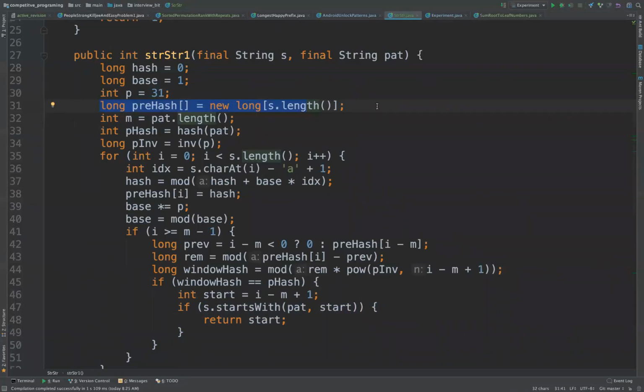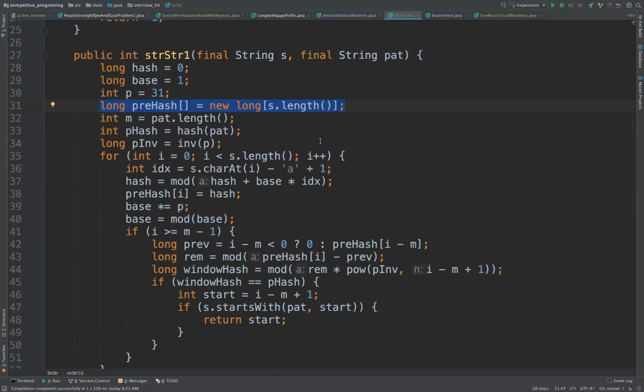But the prefix hash itself is not needed, right? If I am able to get the substring and keep passing it, okay, maybe splitting the string itself may be complex. Yeah, if you don't use this part, then the whole idea of this solution, which is calculating the hash of a substring in constant time, is lost. That's the key idea over here. If you go that route, you can simply apply the brute force approach, and that would give you a better result.